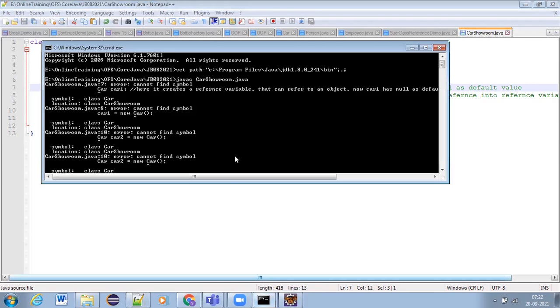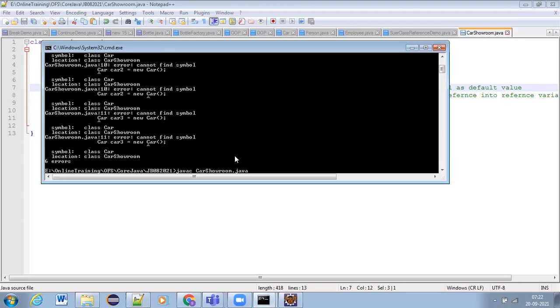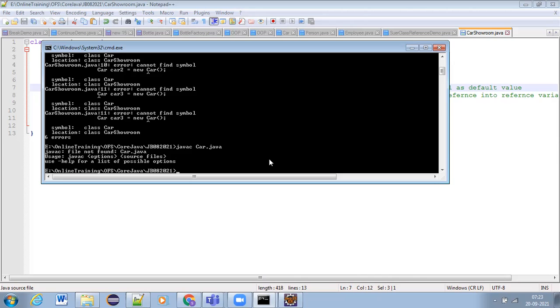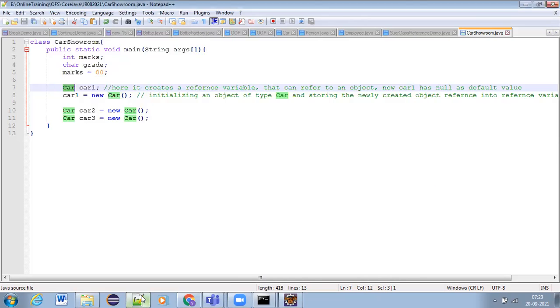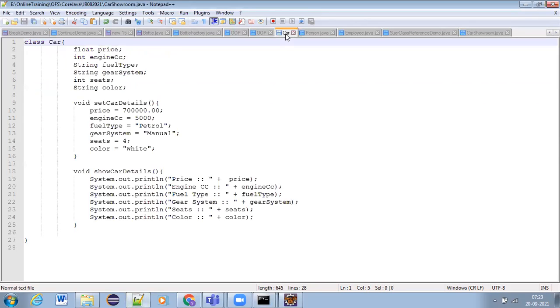Okay, I think the car might not have been compiled. Car.java. So here car is not stored as a Java file.